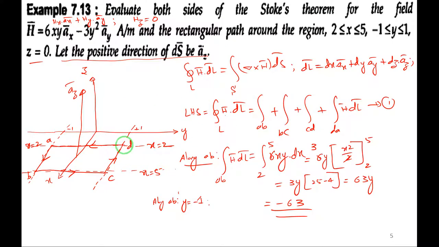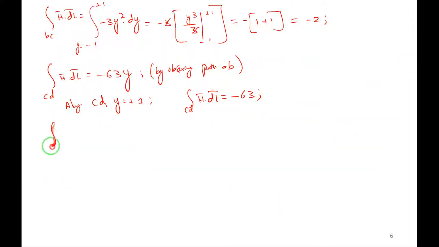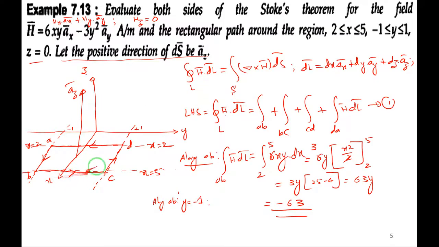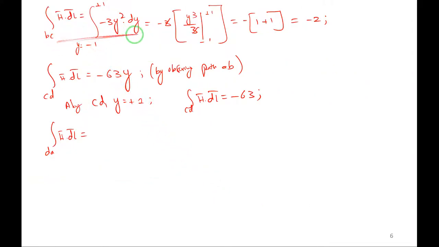Next we will see the another dA. Already we have done BC. So first we will write dA. Closed line integral of dA h dot dl. It is equal to. So B to C we have done. B to C, observe here. Here only it is there. B to C. What we are getting? Minus 2, right? We are getting minus 2.